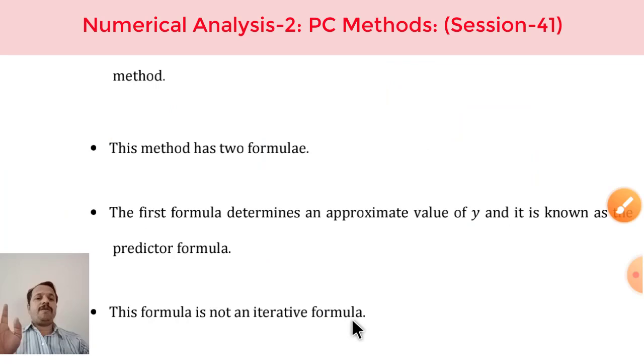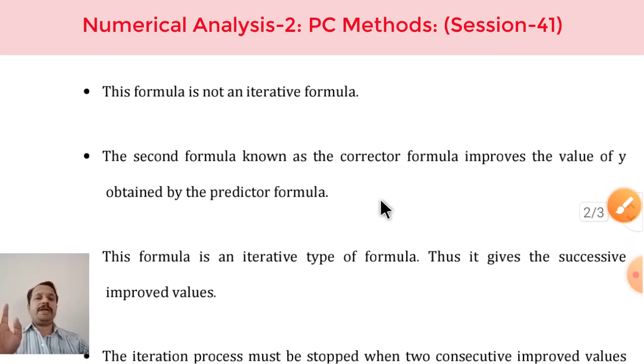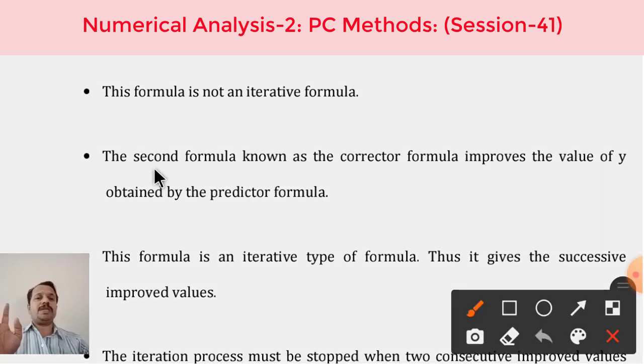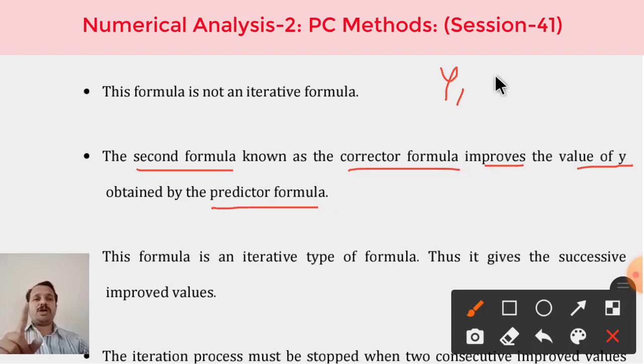Now after applying the predictor formula, we are supposed to apply the second formula, known as the corrector formula. The corrector formula improves the value of the unknown y1. In particular, if I consider y1 as the unknown, y at x1, it improves the value of that unknown repeatedly. First, in the first step, it uses the value obtained from the predictor formula. It gives us the first improvement, that is the first correction to y1, which will be denoted by y11.